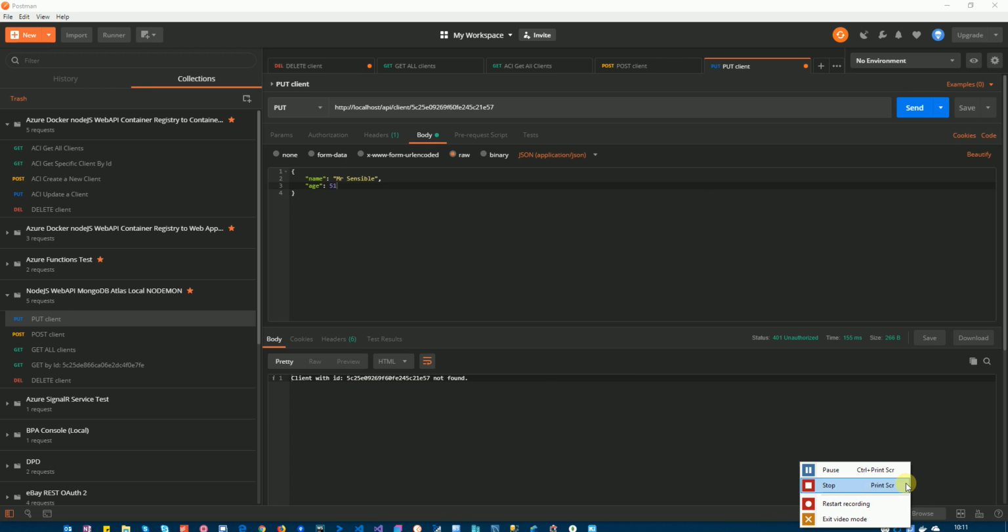There we go. Now I was going to add a separate property, but I'm not going to. In this case, they're the 2 properties that I've got. So if I hit send on this one, yeah, client not found. Okay, so